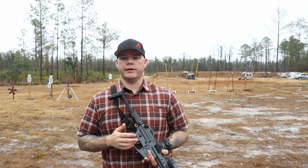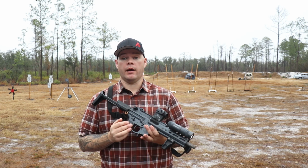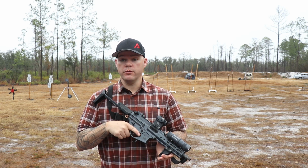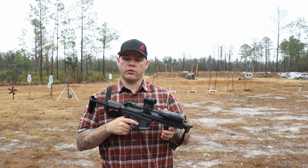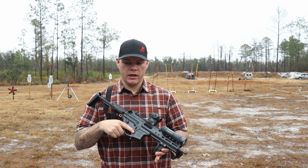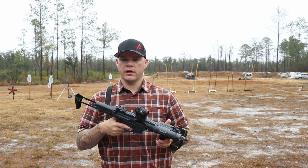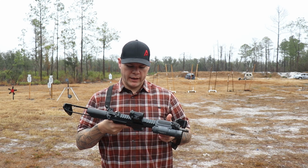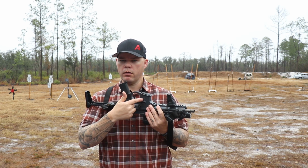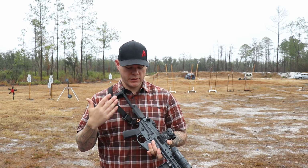It's just my opinion. I'm not seeing it. I think it's a great little gun. I think it's fun to shoot. I think using the right magazines, it's very, very reliable. It suppresses well. It shoots great. But I've got other guns that do that too, and they were half the cost. So I kind of feel like I'm paying a little bit for the logo. And I hate to say that because I love Noveske, but I just